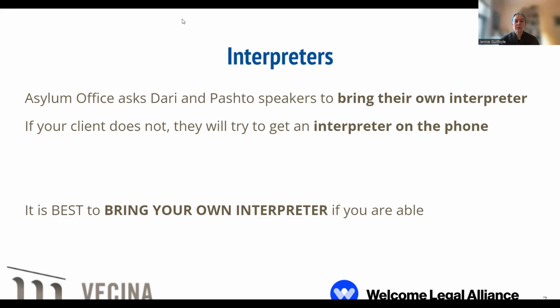So in general, the asylum office at this point does not let asylum applicants bring their own interpreters. The asylum office assigns interpreters. But for Afghan asylum seekers, I think in part because there's so many people applying all at once, and the asylum office just doesn't have a lot of Dari and Pashto speakers, they are asking Afghan applicants to bring their own interpreters. And while this can be a burden for somebody to try to bring their own interpreter, it's really a good idea if at all possible.